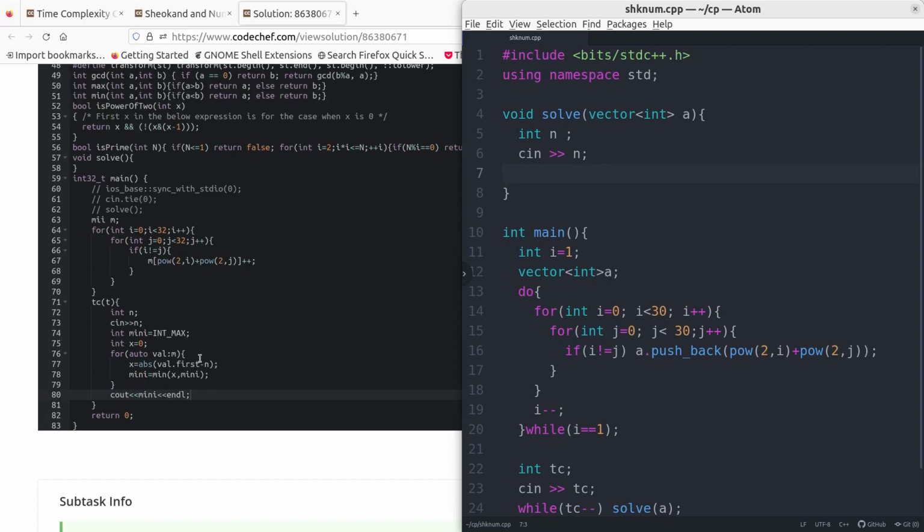Okay, he took a pointer for value m and value that first minus n. He's taking the absolute value and he's storing in the x, and he's saying mini is equals to min of x comma mini, and he's printing the minimum value. So he's taking a function min equal to int of